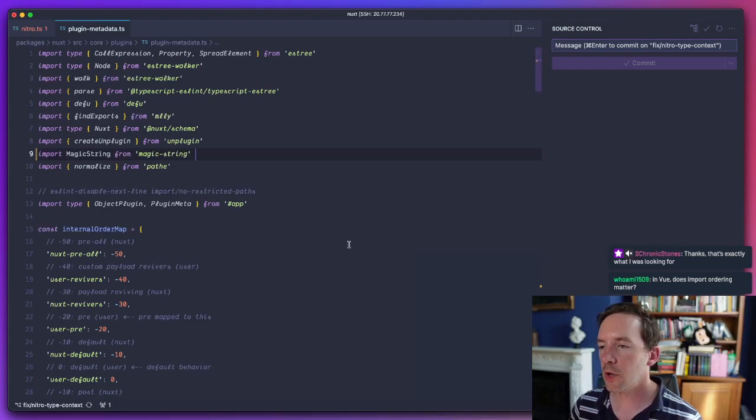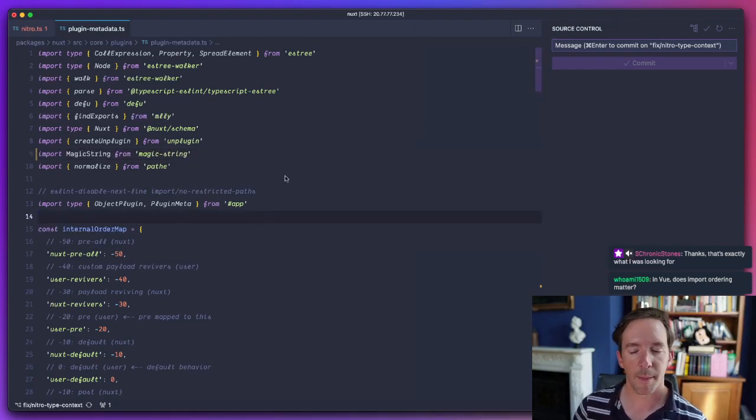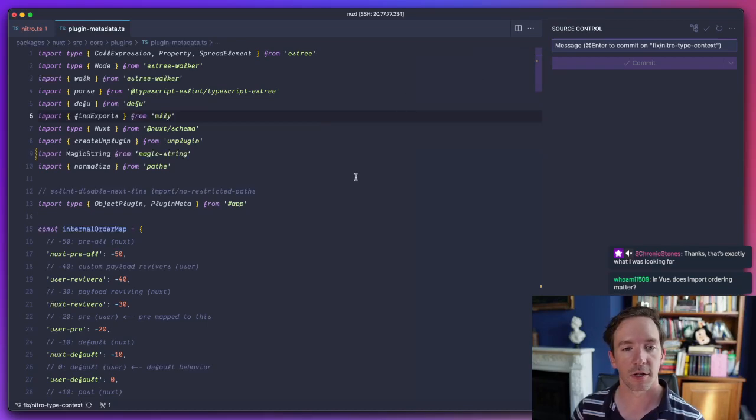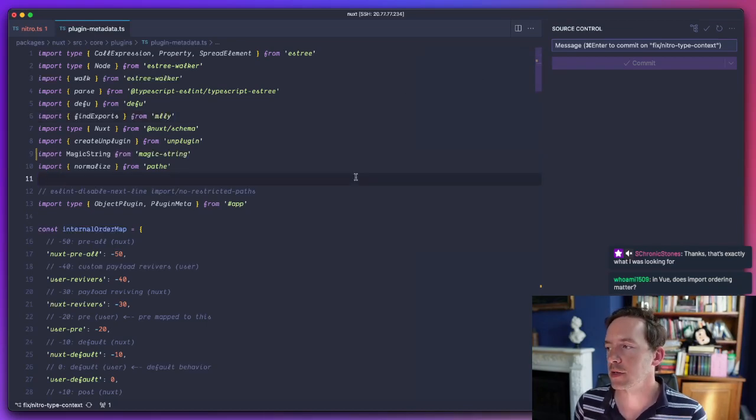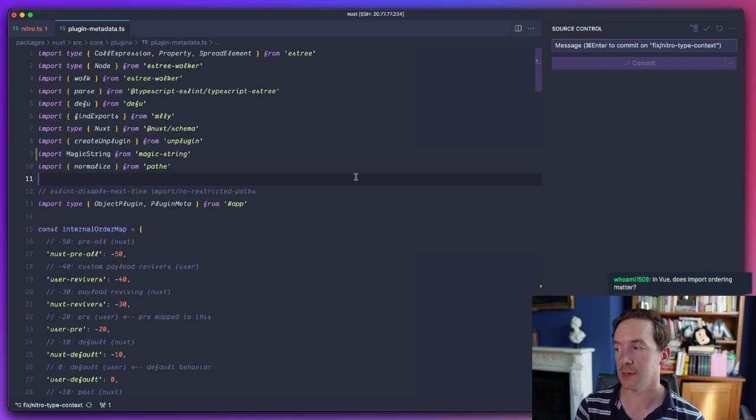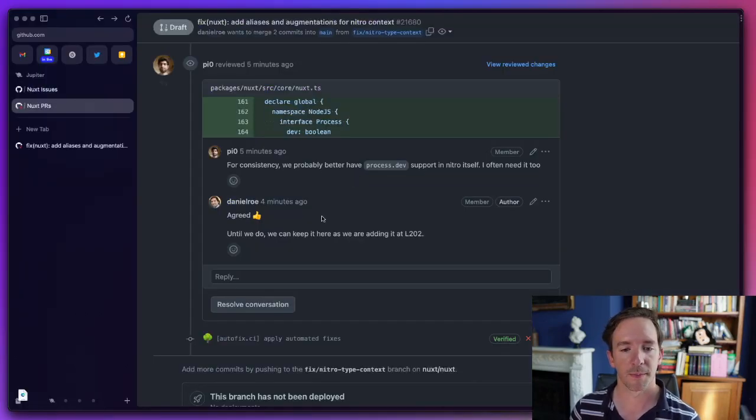Okay, so let's see. Does import ordering matter in Vue? In general, it does not. Well, it matters as much as in JavaScript, which is that imports are hoisted to the top anyway. And if they have side effects, then it does matter. But in general, most of what you're doing doesn't have side effects. So I don't know if that answers your question, but